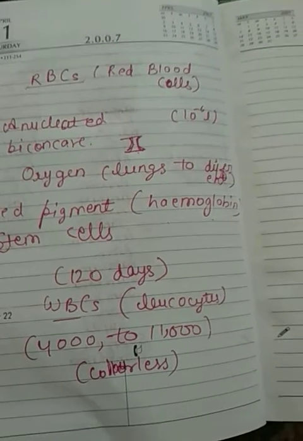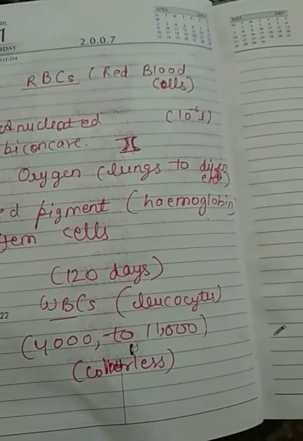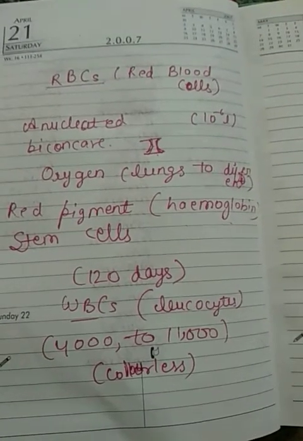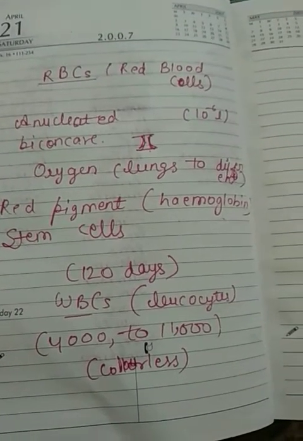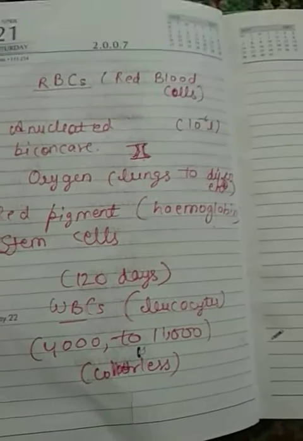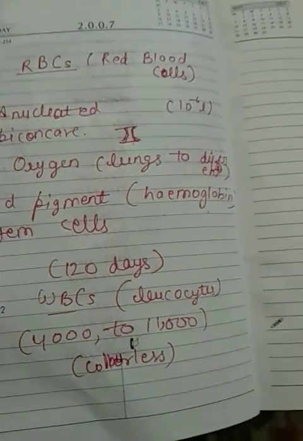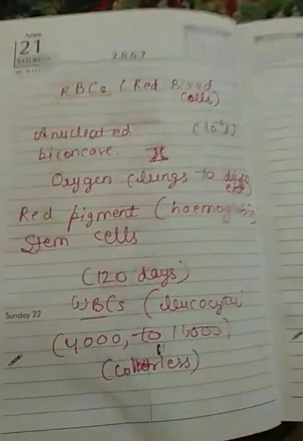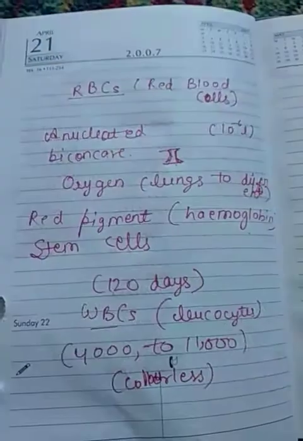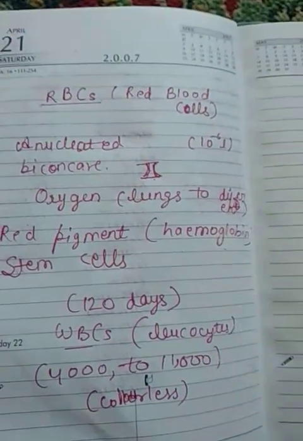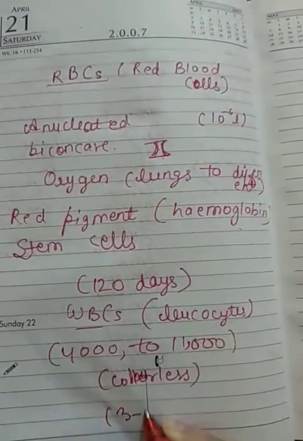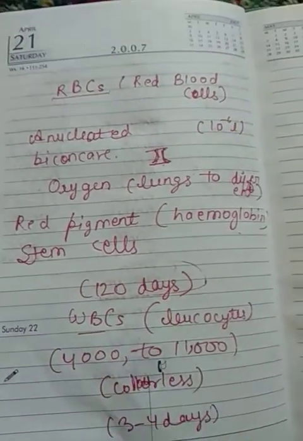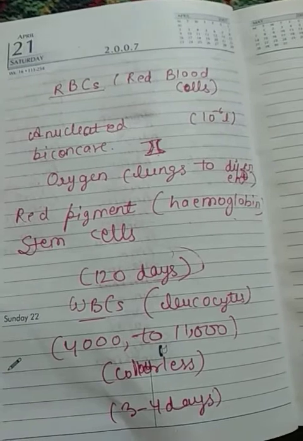Then if somebody gets a small infection, maybe a small bacterial or viral infection, that infection will not get okay on its own. So it will become so fatal that it causes death of that person. So this function of WBC is extremely important. Now these are WBC cells. Their lifespan is only 3 to 4 days inside the human body. Like in case of red blood cells, they have a lifespan of almost 120 days, but here they live only for 3 to 4 days. That's it.